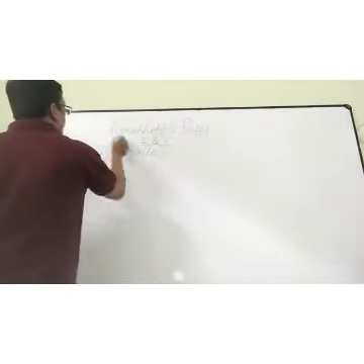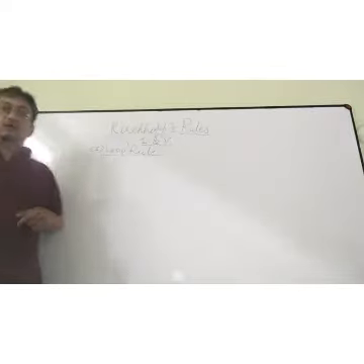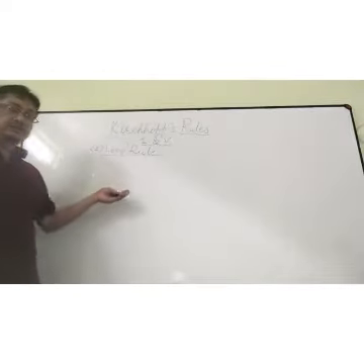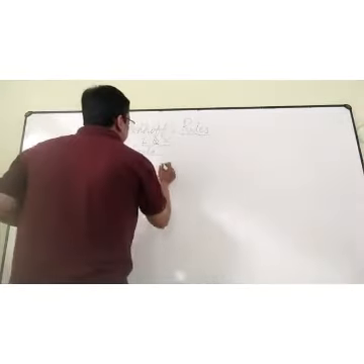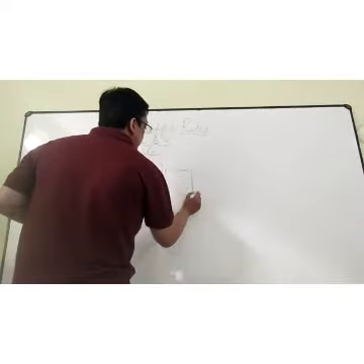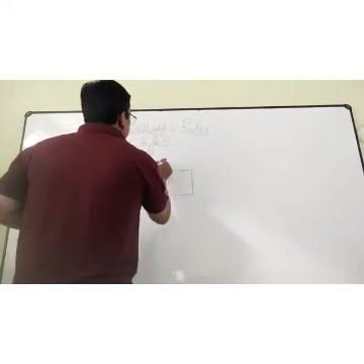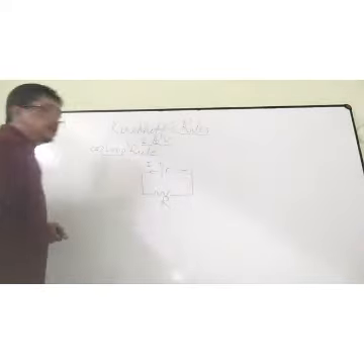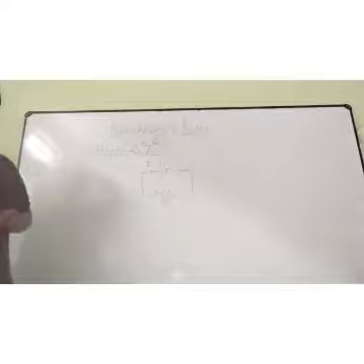So what about this word loop? Just before, we were seeing a circuit diagram. Again I am drawing it like this. This is the closed circuit I am showing here, and R is the resistance. Current I is flowing here. This is the positive and this is the negative electrode of the battery. So this is the closed circuit.